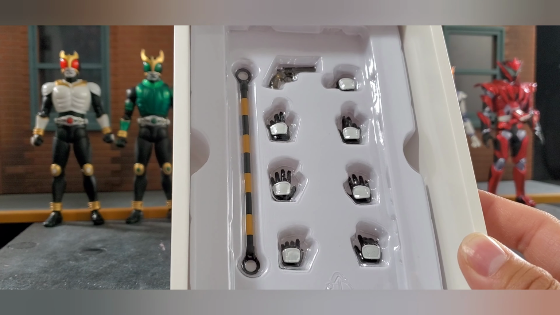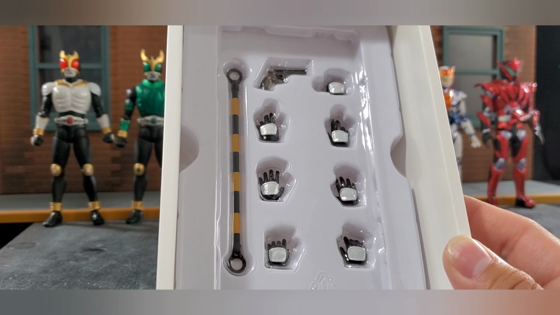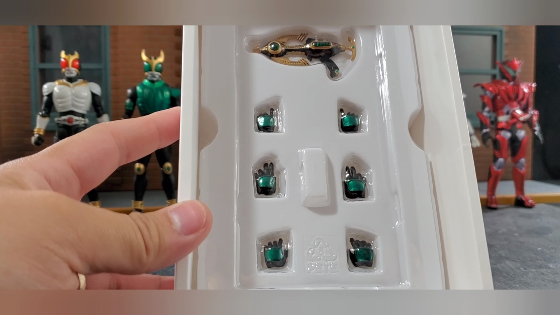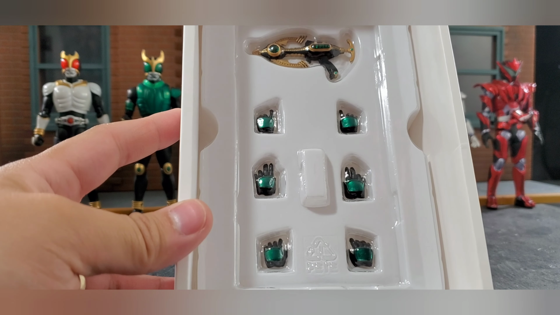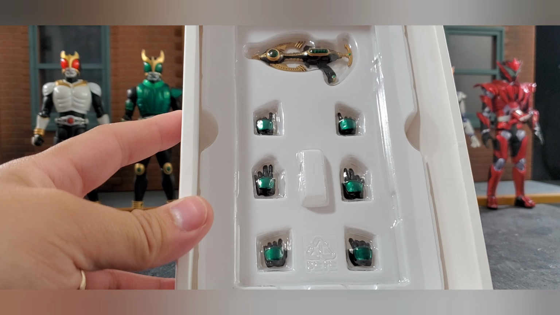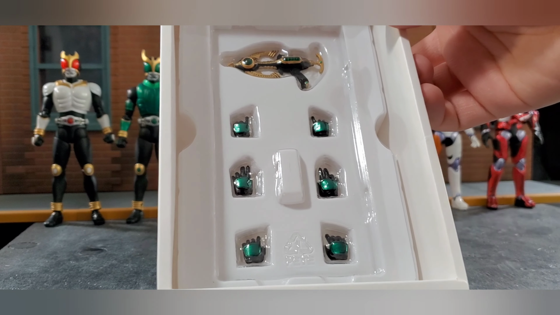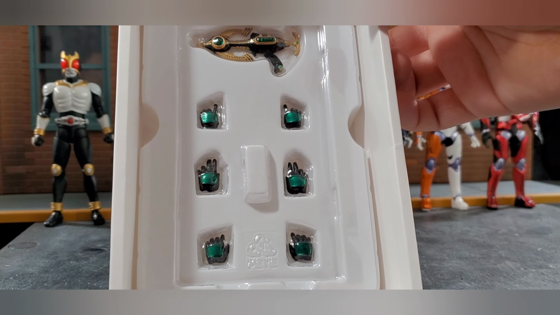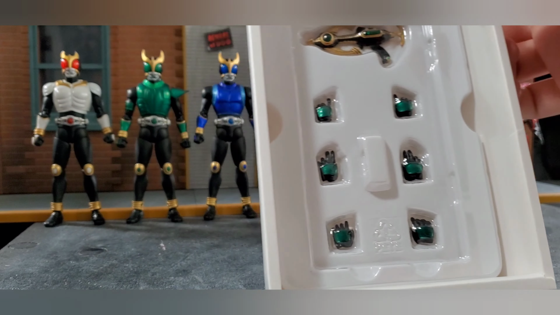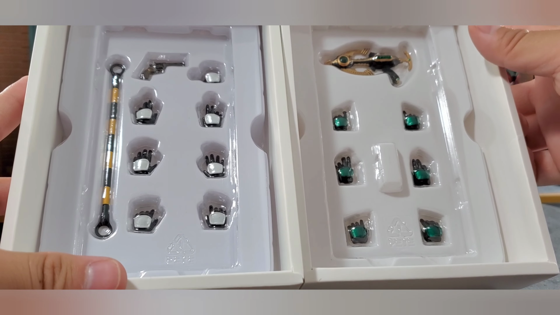I need to do a lot of recapping here. So yeah, that is what Growing Form Kuga has. And then here we have Kuga's Pegasus Form with his gun as well, and he has 3 sets of hands. So yeah, it's awesome. I really like that the Growing Form has a pistol, and the Pegasus Form also has